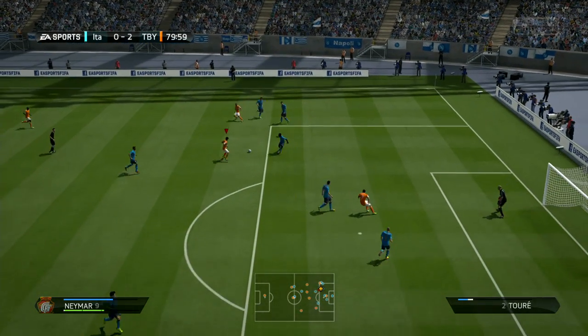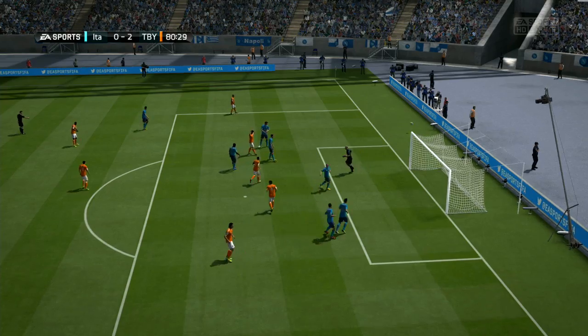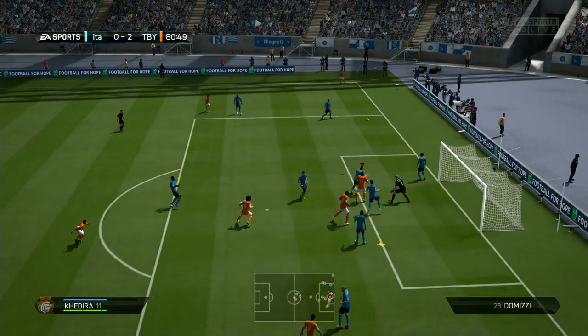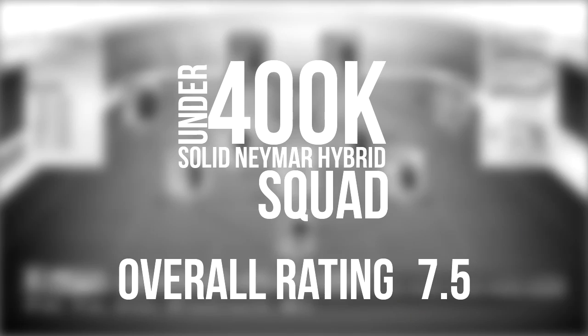Pass around a lot, and try your best to dribble with Neymar. It is the best way to go, but if you're struggling and you want to try out this team, over-the-top through balls will work pretty much every time. And I don't like saying that because they're really boring, but it worked, and I'm not going to say it didn't. So 400k, I'm going to give it a 7.5